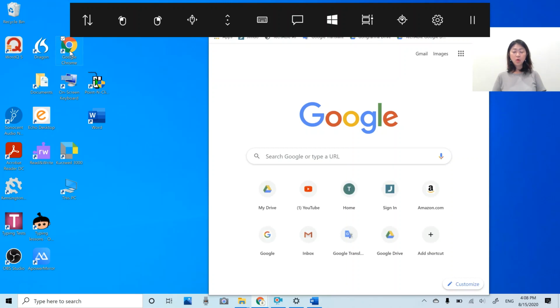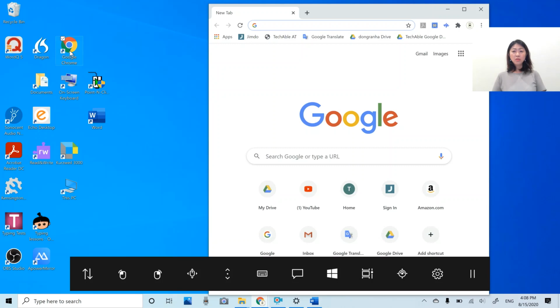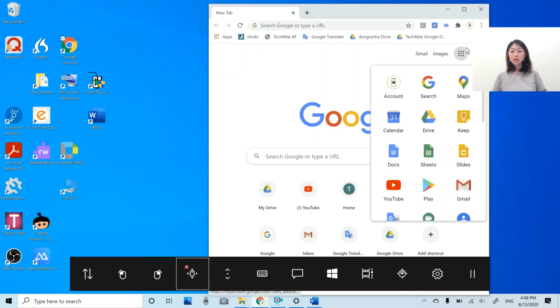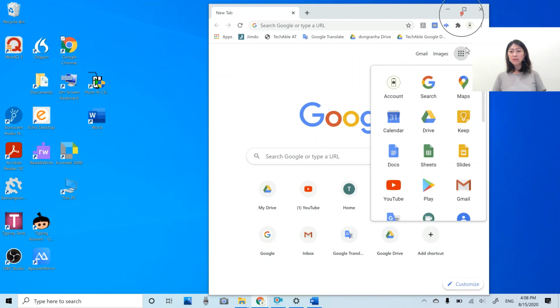So double click and I open the window, and then I'm gonna reposition it so I can look at the whole window. And actually let me maximize this.